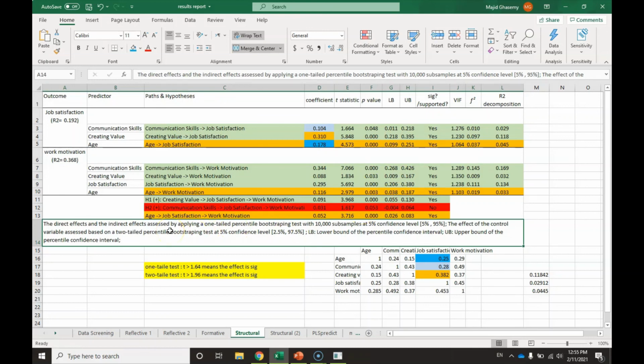If you look at mine, you would see that I have reported the direct effects and the indirect effects assessed by applying a one-tailed percentile bootstrapping test with 10,000 subsamples at 5% confidence level, and I have also provided the confidence intervals and the effect of the control variable assessed by a two-tailed percentile bootstrapping test at 5% confidence interval, and again I have provided the upper bound and the lower bound of the confidence interval. So this is how you can report the results of your